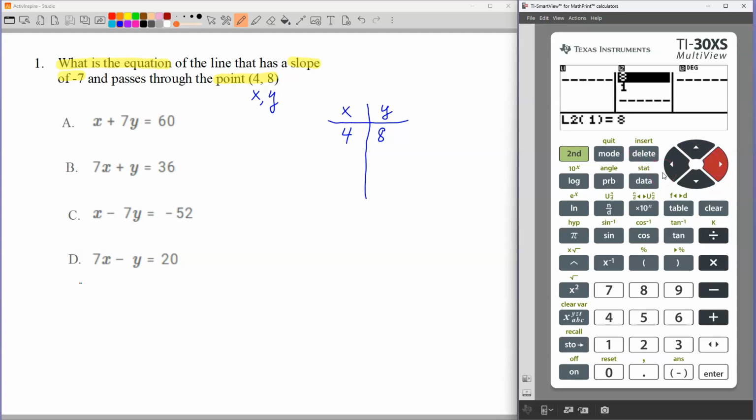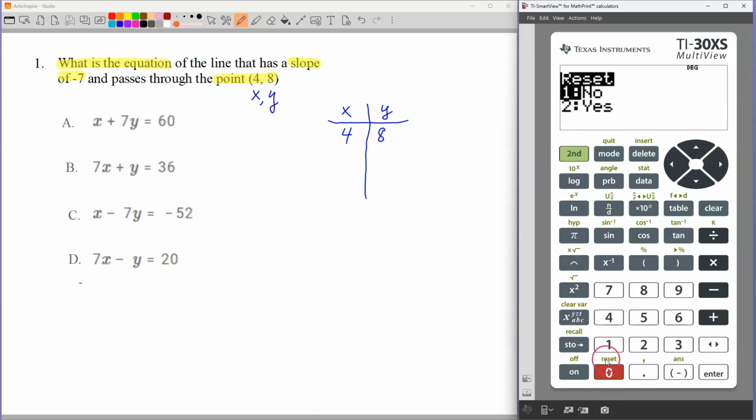Another way to clear out your calculator, you might prefer it this way, is just to reset everything. See this reset button down at the bottom? To access that, you notice it's in green, so to access any of the green letterings or symbols above the buttons, just hit the second button first. So you can go second, right here, 0, that accesses the reset button. You want to reset it? Yes, so scroll down, 1, yes, hit enter. And now the memory is cleared, and you can go back to your table, which is the data button, and everything's cleared out. So you have a choice of how you'd like to clear it out. I would probably just use the delete button, but if you get some weird stuff in there,